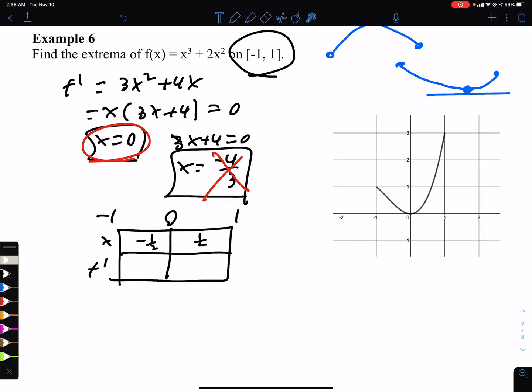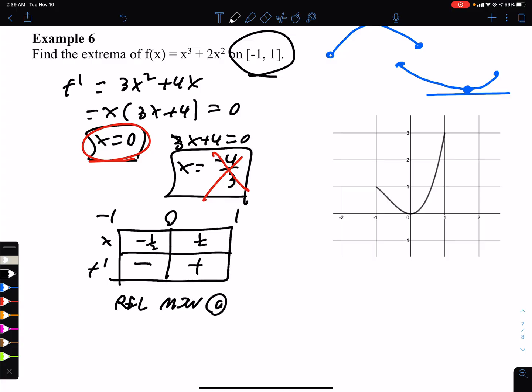Plug in -1/2. That will be negative. -1/2 times 3 plus 4, that's positive. So that's going to be negative in that region. Plug in +1/2. That's going to be positive. So we're going to have positive. Look, the derivative changed from negative to positive. Decreasing, increasing. That is a relative min. So there's a rel min